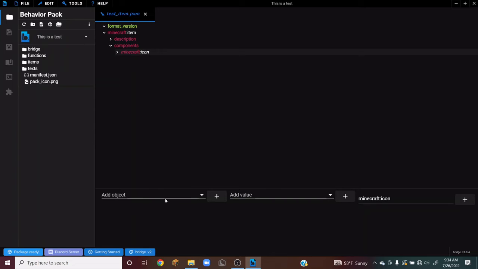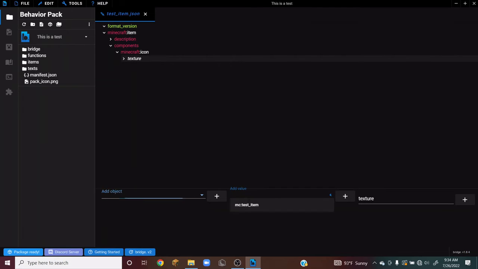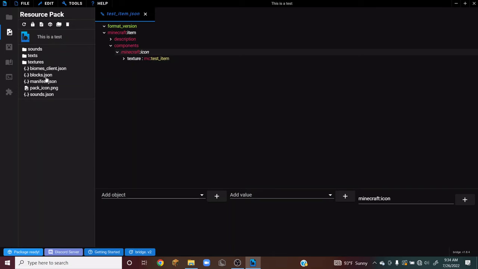This tells the behavior pack that the MC test item is linked to the resource pack, which is the little gunpowder texture. So do Minecraft item, autofill to texture, and then it should autofill to MC test item if this is your first item. So that's telling this behavior pack that you're gonna link it to